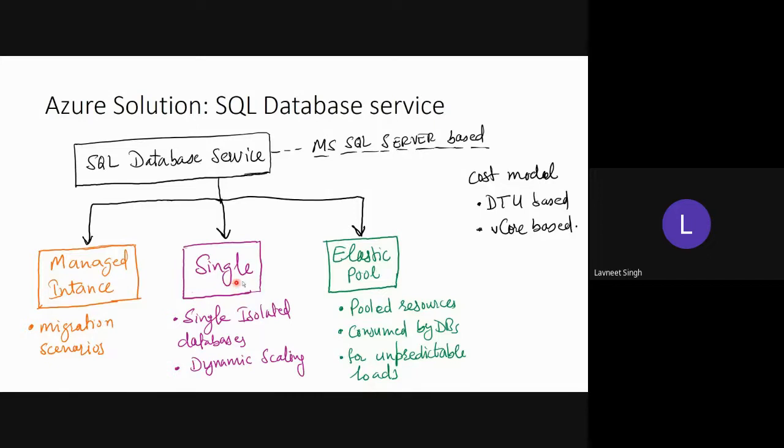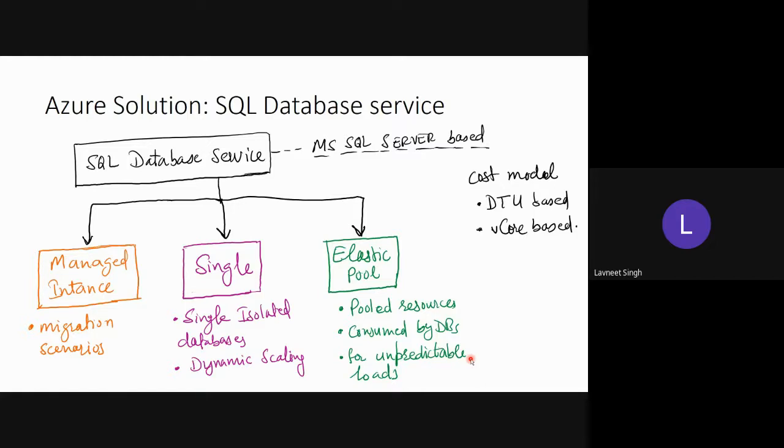Then you have single instance, so single isolated databases for dynamic scaling. That is the dedicated, I would say, service which offers dynamic scaling. And then you have elastic pool, which is where you define some resources and then they are pooled together to be consumed by the databases. This is for unpredictable loads. So if you are not able to anticipate what kind of load will come based on different situations, different time,